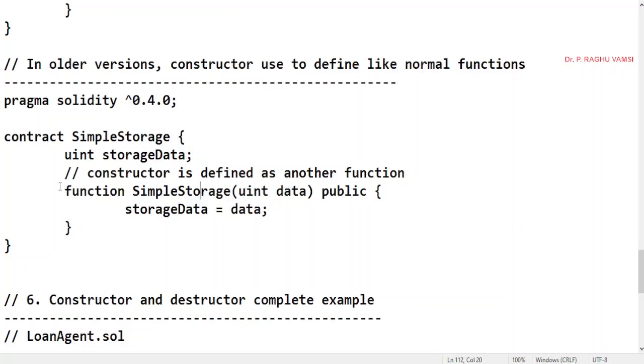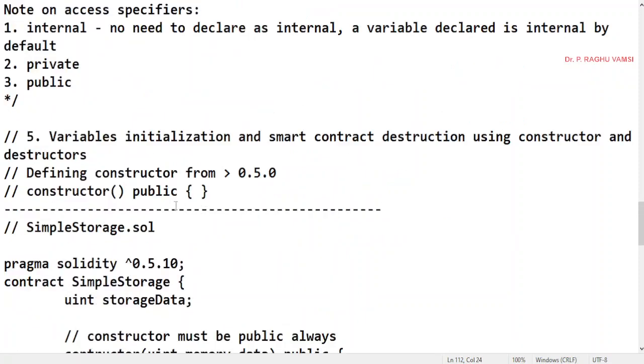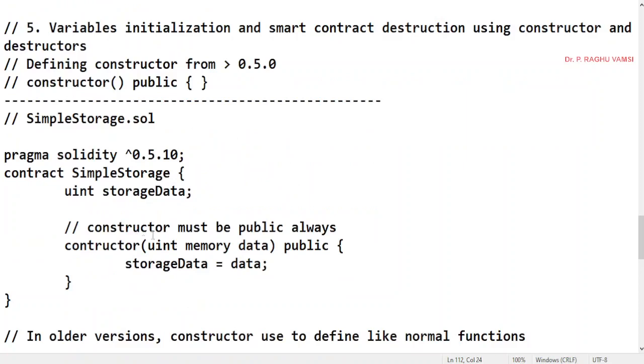But it has been enhanced, and the constructor is treated differently now, because there is no need to mention the class name as the function name to represent the constructor. So directly use the constructor keyword, and the memory keyword was mentioned especially because whenever you initialize the constructor, this data must be kept in memory, so the related gas points will be consumed by default.